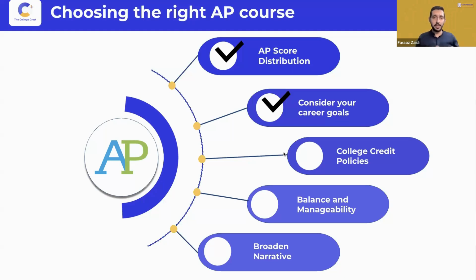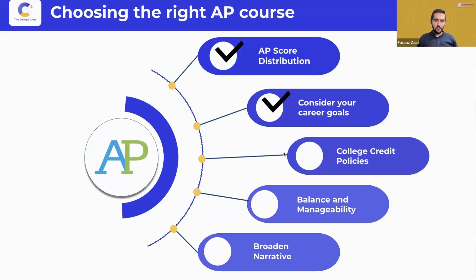For all of those students that really want to use this for your college credit policies, I'll suggest by the year that you're applying, don't go more than 5. And in your 12th year, you could always do an extra 2 or 3 APs, so you could really increase your college credit policies. But for keeping APs within the admission zone, 3 to 5 APs would be more than enough. And lastly,